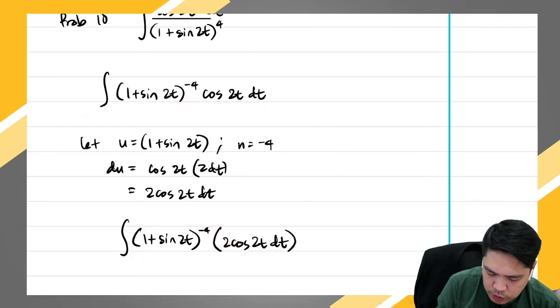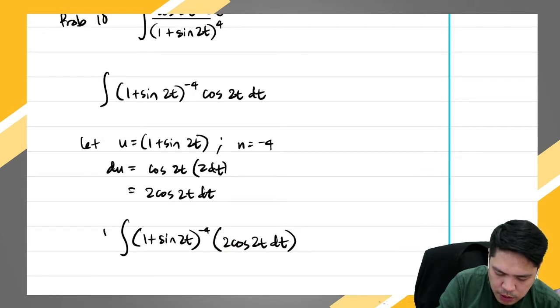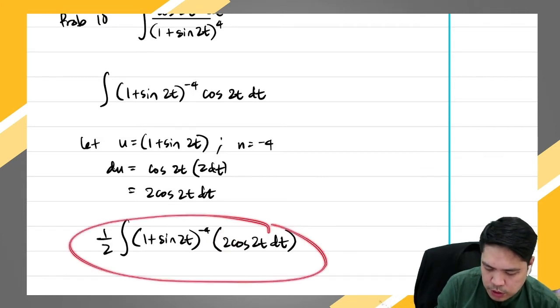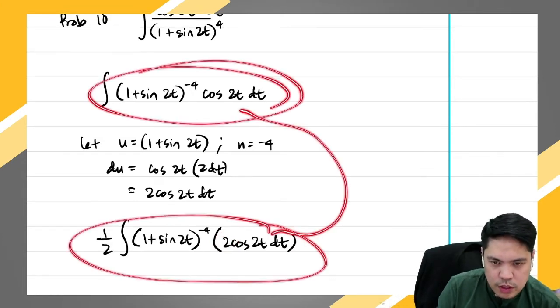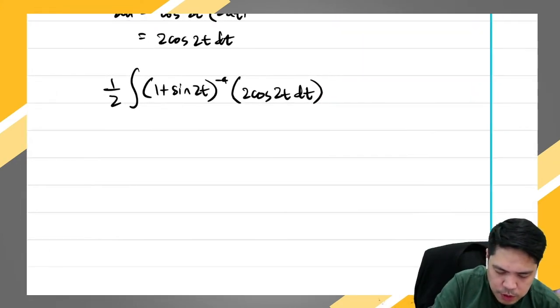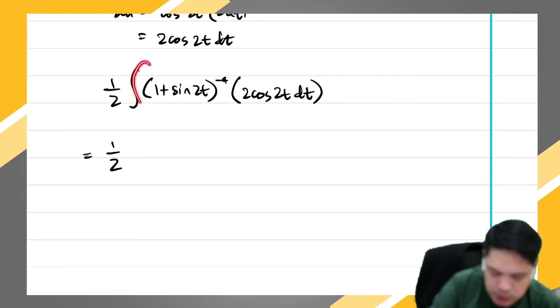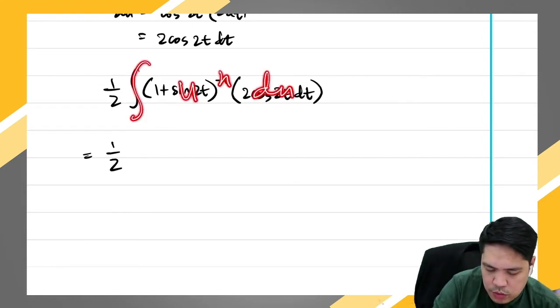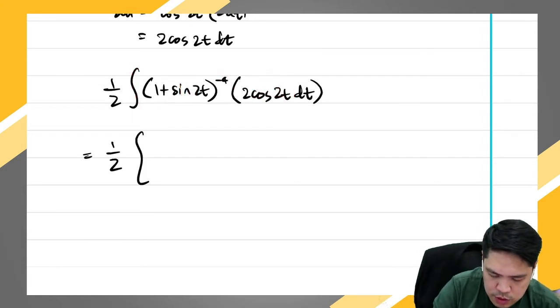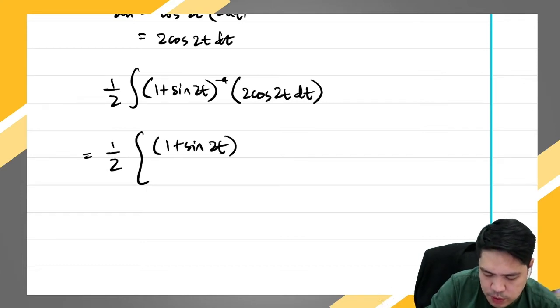So in order for us to eliminate this, we need to multiply this by 1/2 so that this expression will be the same as the given expression. Then from here, this is now equal to 1/2 times the integral of u raised to n du, and the integral of u raised to n du is just equal to u raised to n plus 1 over n plus 1